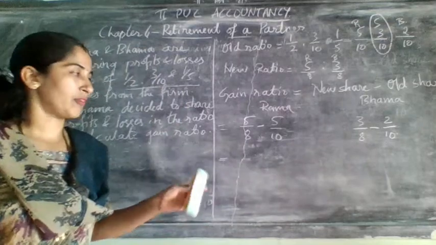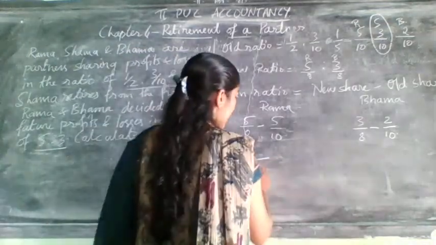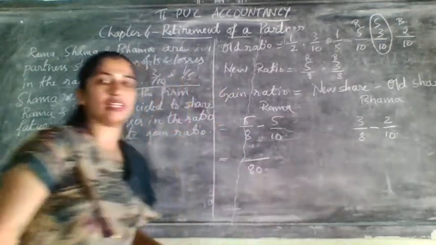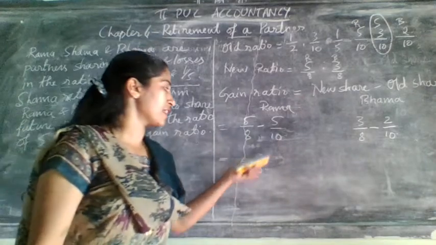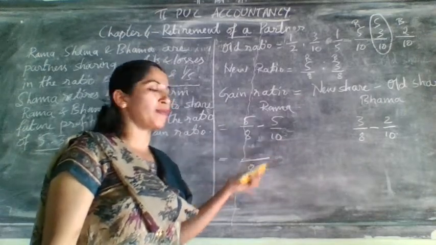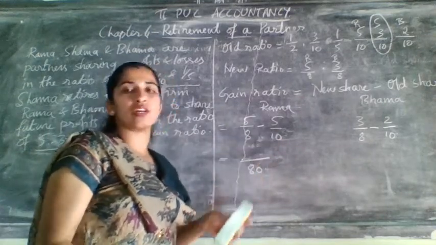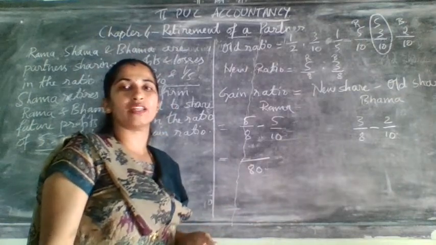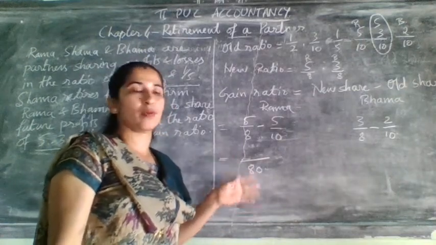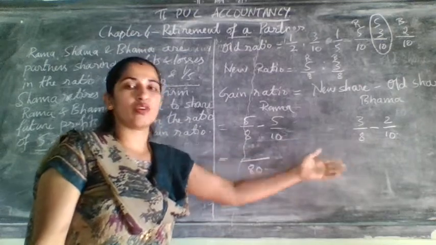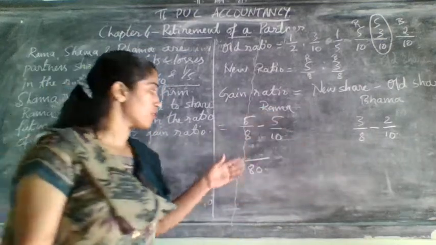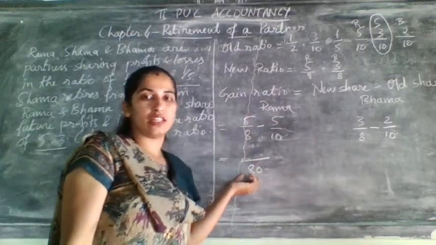If you are feeling difficult, then you can take 80 only as the common denominator, because when the highest number can't be the denominator, just multiply and write it here. They will not give you complicated ones while solving the problem. Or else, I'll tell you what to follow: if you follow the LCM method, you will get 40 as the denominator.